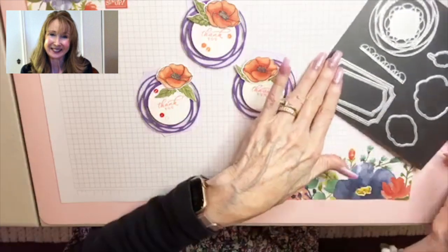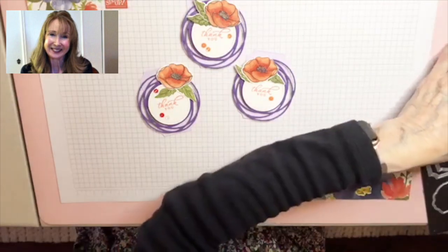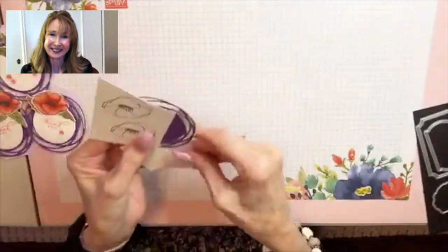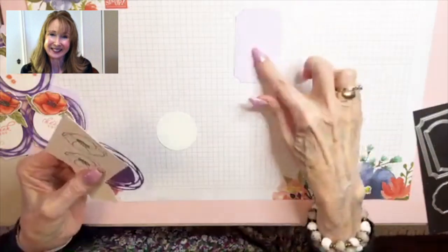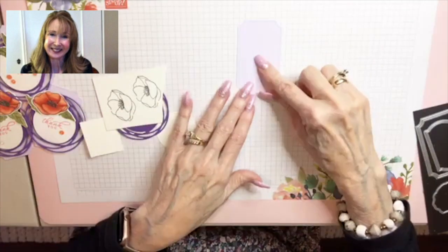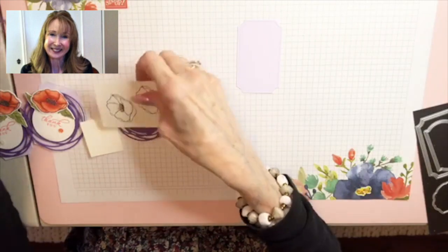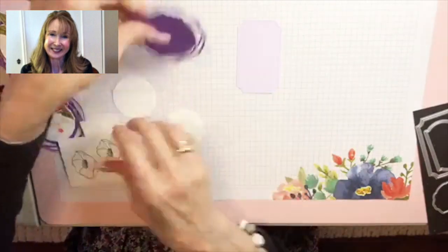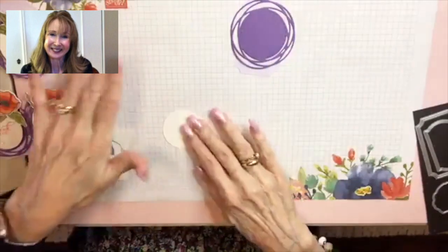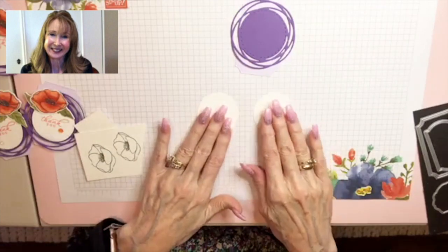So let's take a look and see exactly. I'm going to get out my different papers. I pre-cut some things so that you can see. So we start out with this label die, and it has stitching on one side, and that's going to be the base of our tag. And then we have this, our circle die cut from Gorgeous Grape, and I've got two pieces of already pre-die cut cardstock for